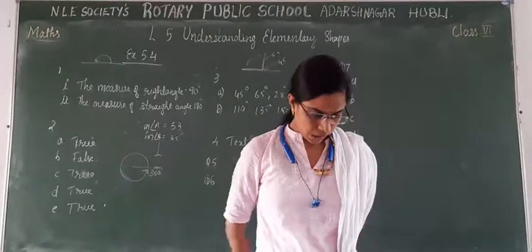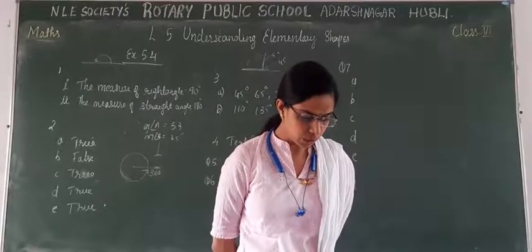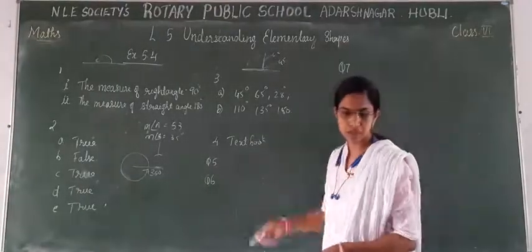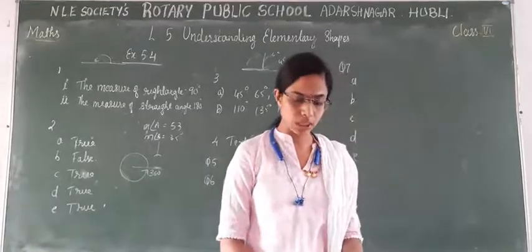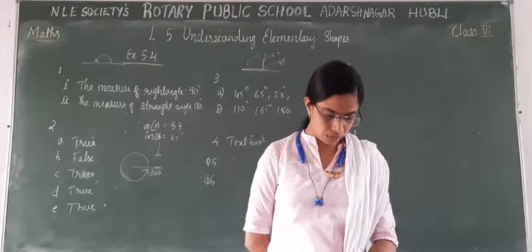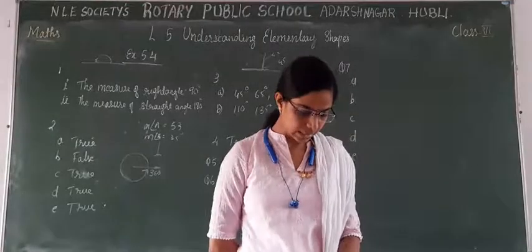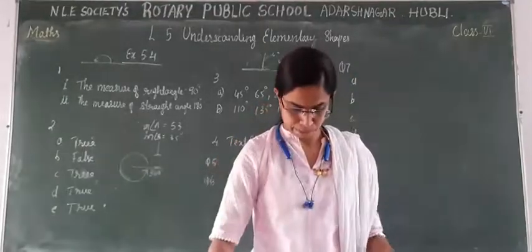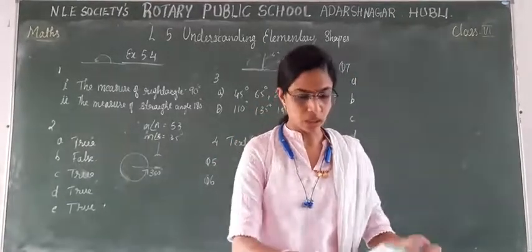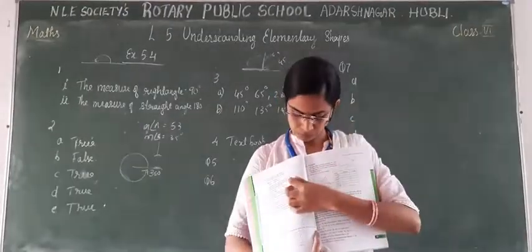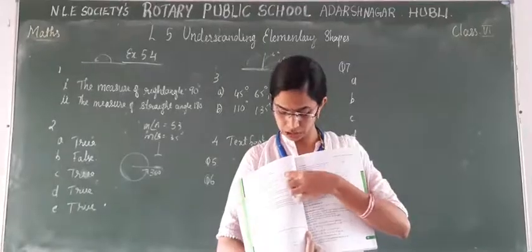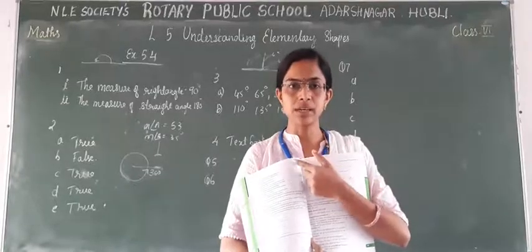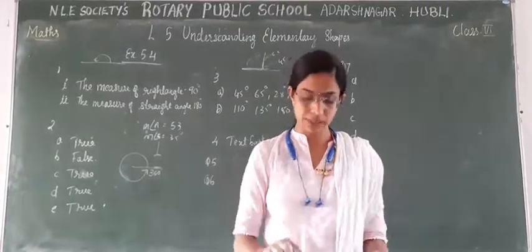Question number 4. Measure the angles given below using the protractor. So you have to use the protractor and solve it by yourself, which will be given to you in the classwork. Question number 5. Which angle has a large measure? Here two angles are there in your textbook. When you see A and B, by saying which angle you feel is greater, it is A. So after telling that, measure the angle and see. By observation you can tell.